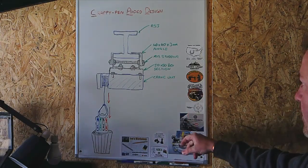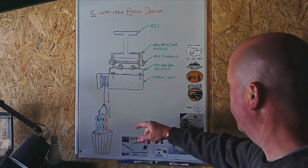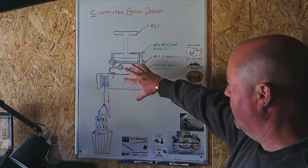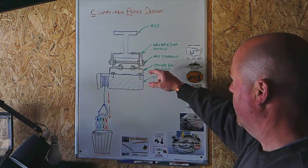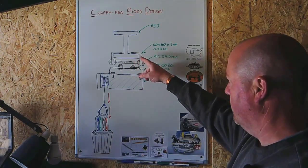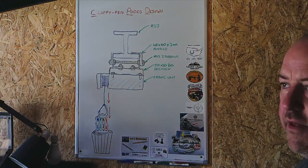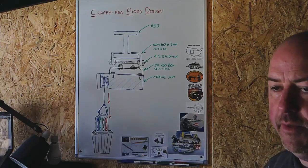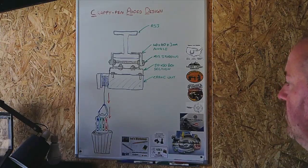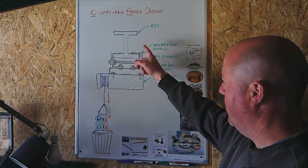So if we now look at the design, ignore the bottom bit, that was just some of my disappointment being shared there. So this is kind of a cross-sectional view of what I'm thinking. So RSJ there, and I've ordered some 40 by 40 by 3 mil thick angle iron. I've ordered about 30 meters of that, and most of that's going to go building a bench down the bottom end of the workshop, but I've ordered enough spare. So my thinking is a completely bolted design,